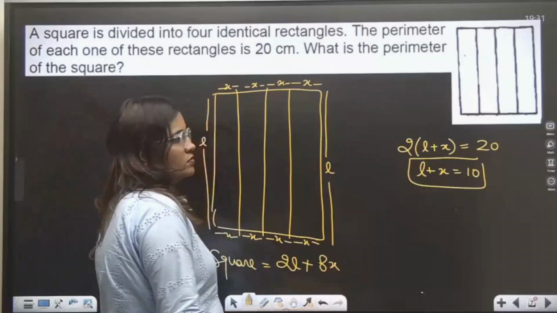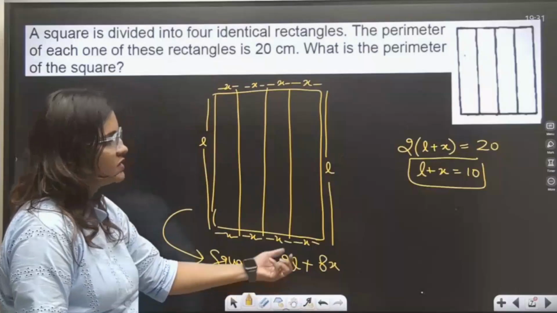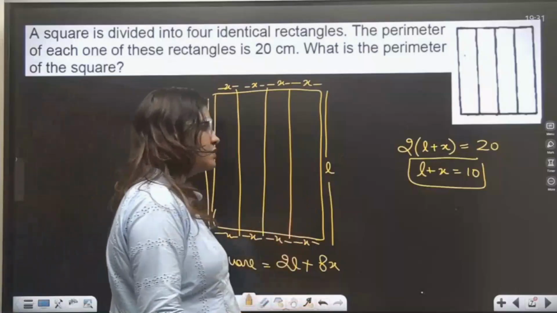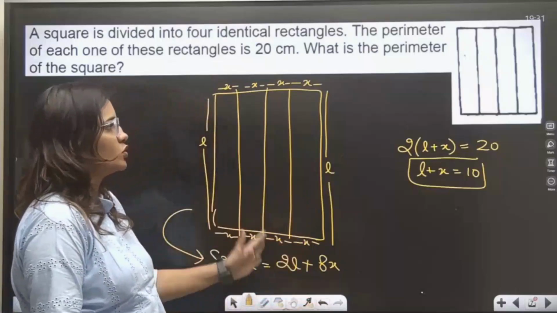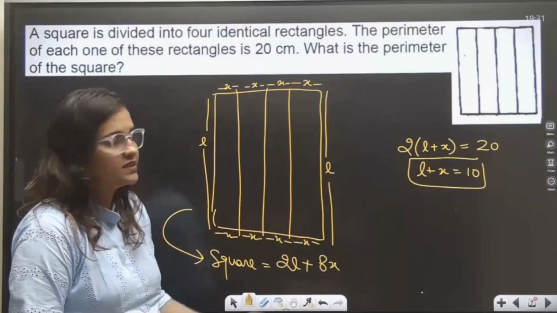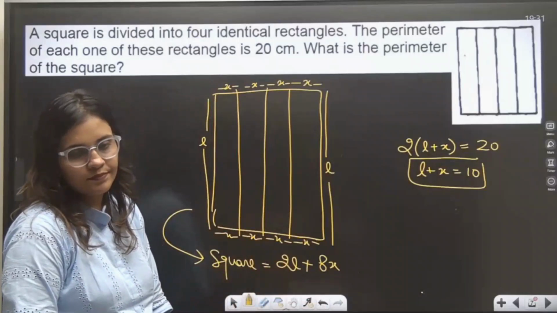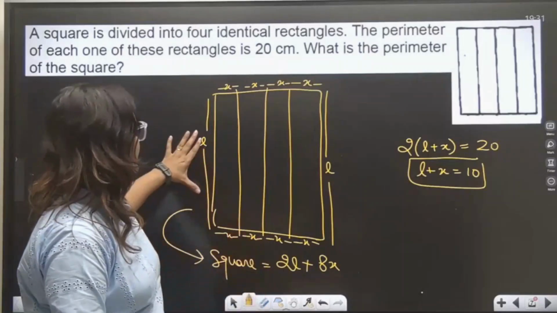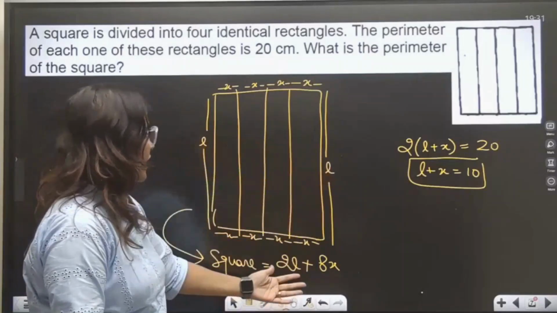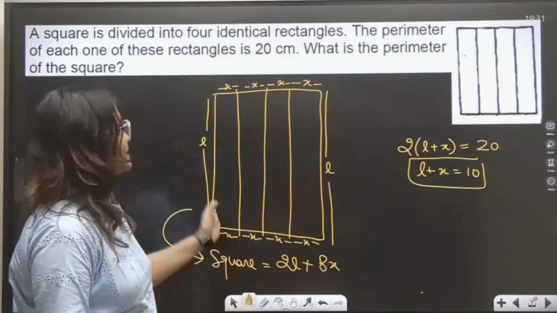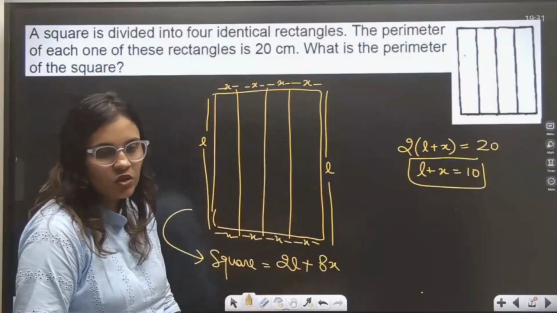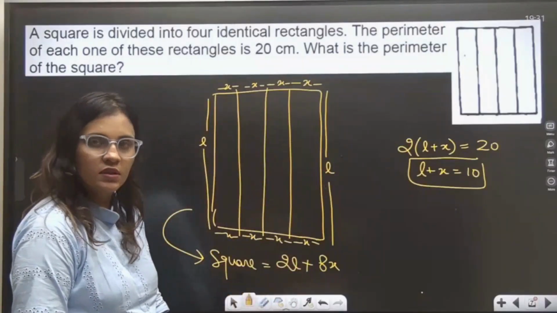So what we can do, how can we manipulate this to get this? What else can you do to get the exact value of the perimeter, everyone? Right now you can see that it is L, L and 8x. But you know that this is a square. Yes or no? But we can write L as 4x.